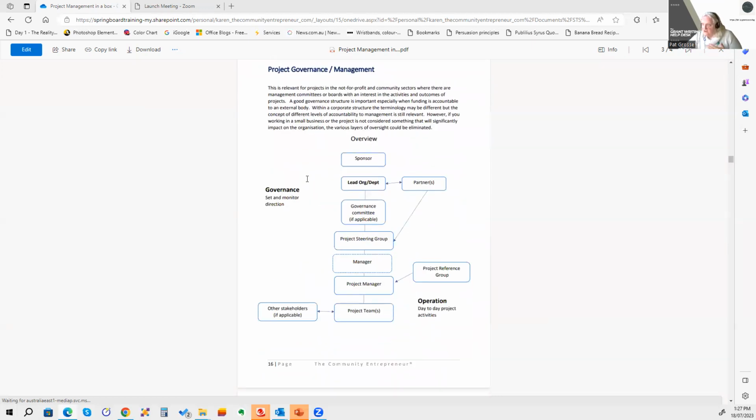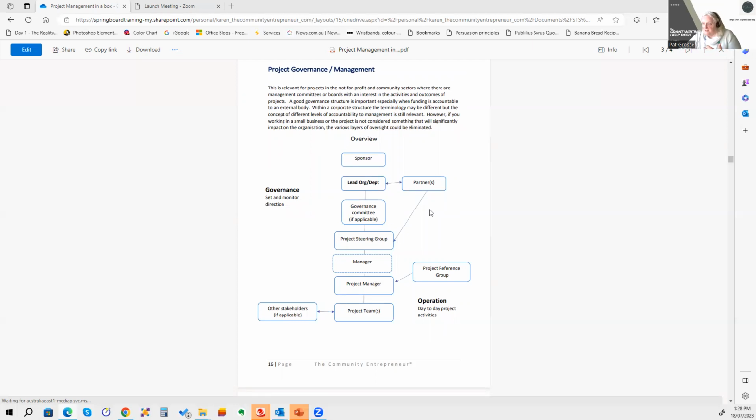We then move on to project management and governance, and it's very important to be very clear at the top of the tree where the responsibility and the accountability lies, to the funding sponsor. When I say funding, it doesn't have to be external. If you're getting some kind of financial sponsorship, it could be in your own organization. You may be doing this for free, so your sponsor might not be financial. Your sponsor might be somebody who's giving you the support and responsibility to do this,